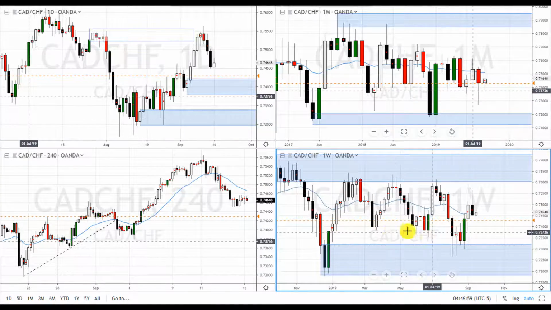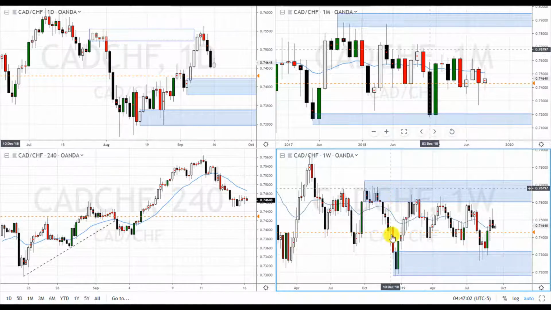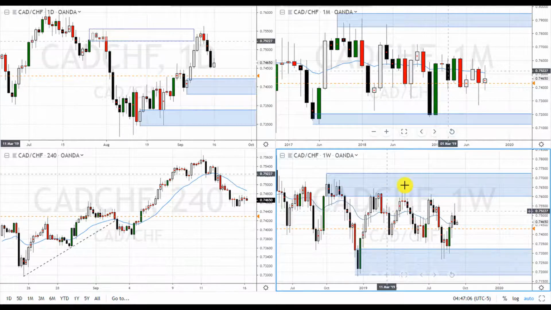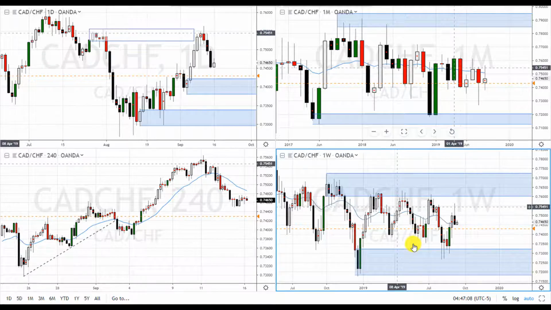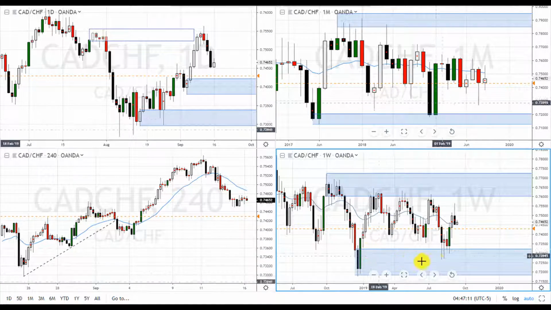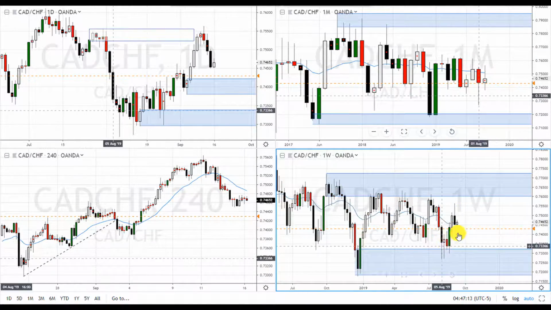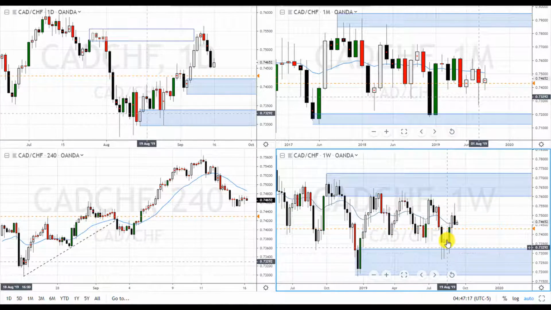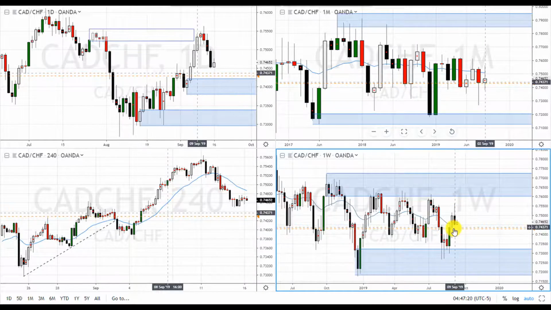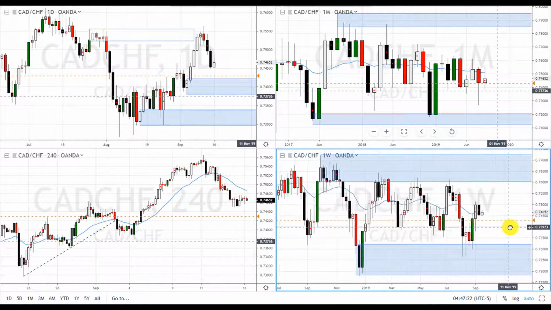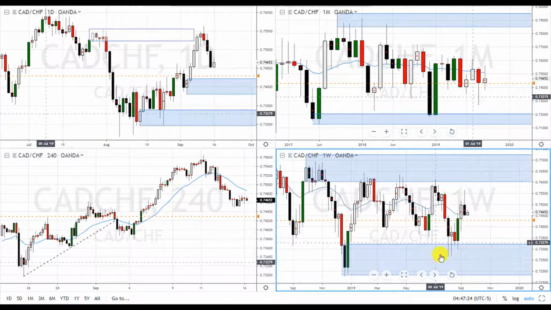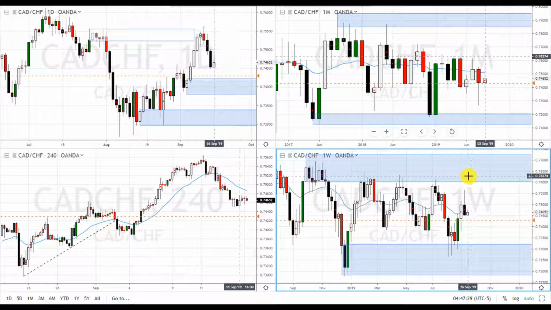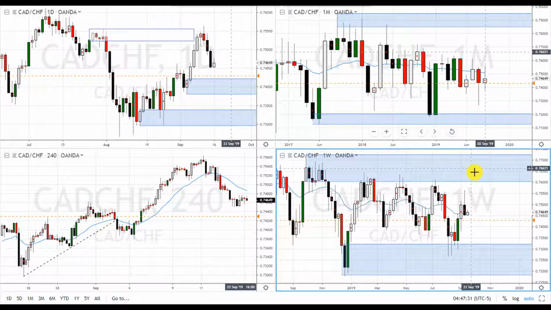On the weekly, we see that it created its own little zone in between here, and same thing, created a supply zone, demand zone down here. It came down to this demand zone and then now it's rallying. This demand zone here is holding price up. So good long opportunities down here, but now it's getting really close to the supply zone, so I don't recommend